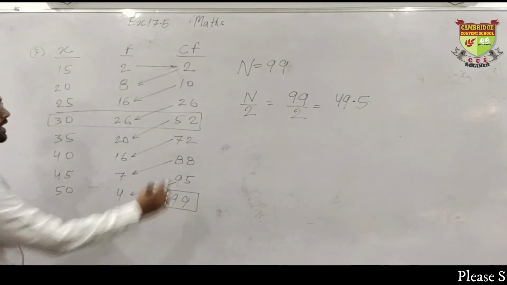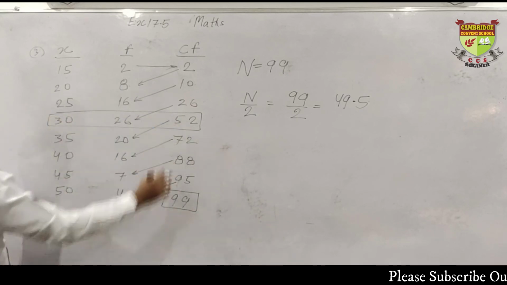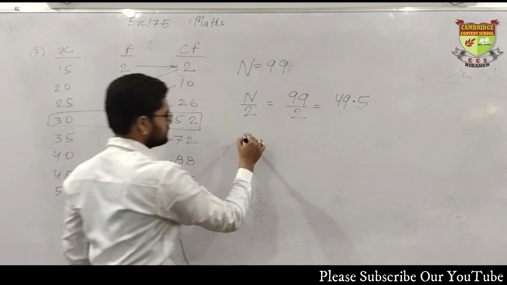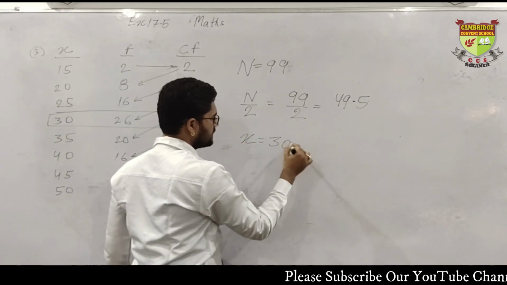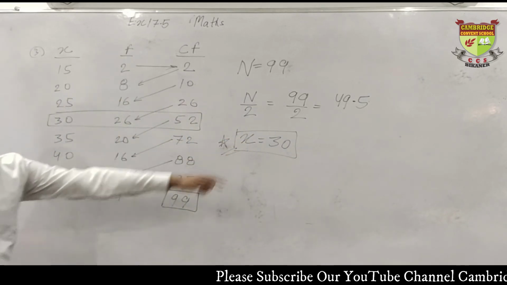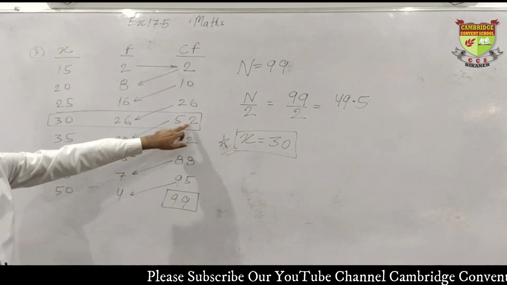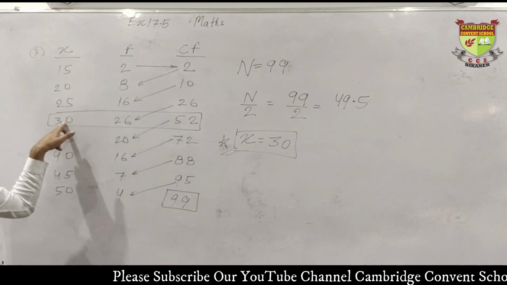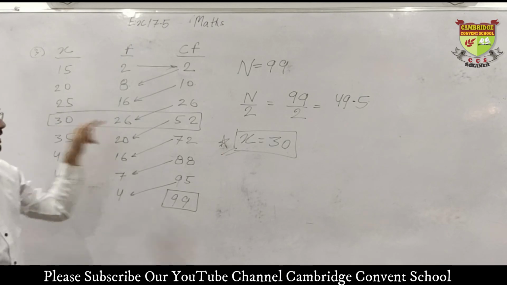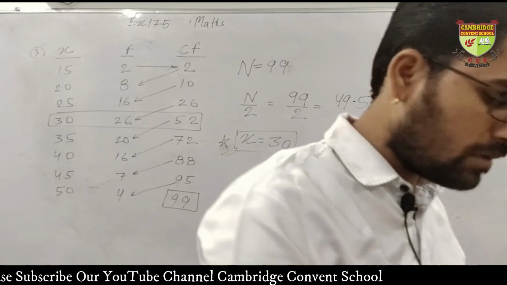Okay. Now, in this table, what is x? In this highlighted box, what is x? 52, the x is 30. X is 30. This is median. This is our answer. Clear? The greater number than 49.5 in CF table is 52. What is just in front of 52? 30. The value of x will always be the median. Okay, 30 is the answer. So see, I have solved question number 3 for you.